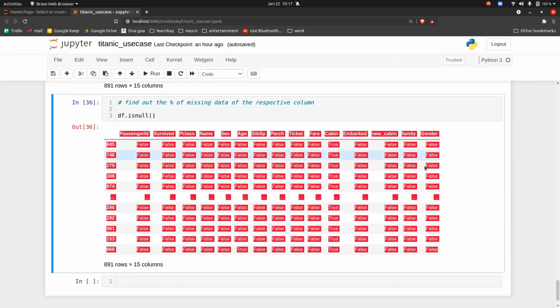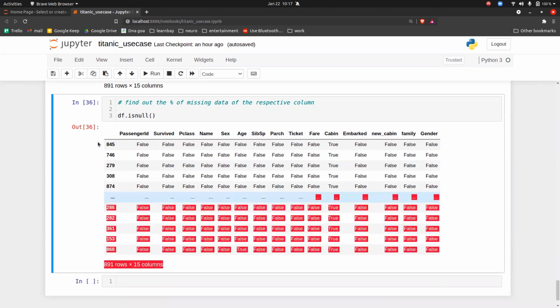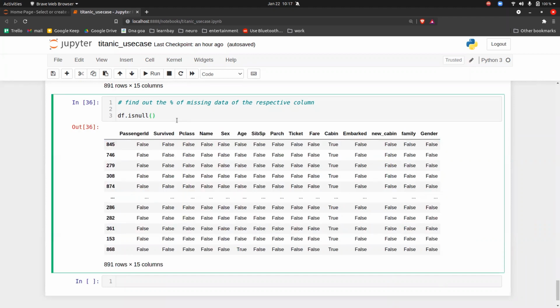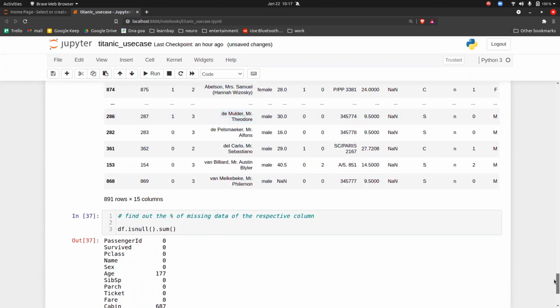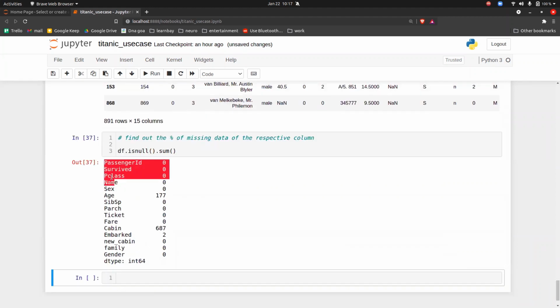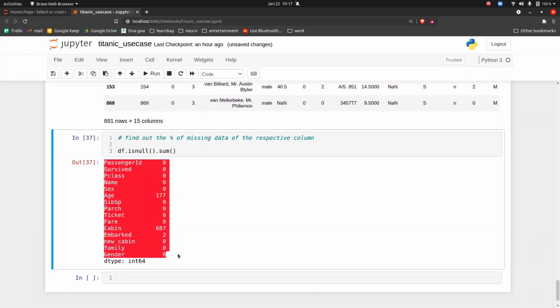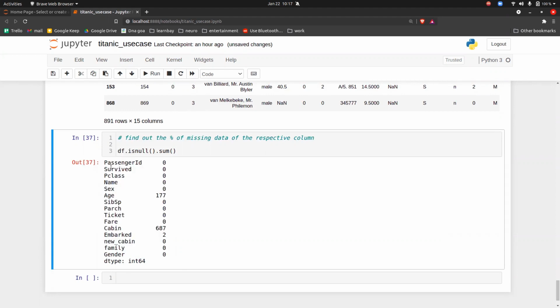So I can do dot sum and execute it. Then you will get this data, which will tell you which column has how many missing values. For age, you have 177 missing values. For cabin, you have 687 missing values. And for embarked, you have 2 missing values.